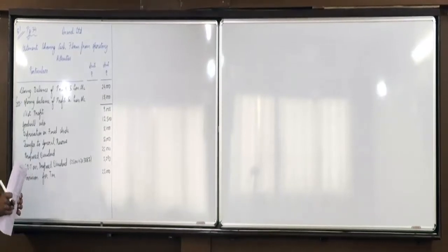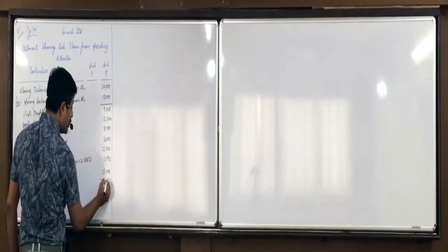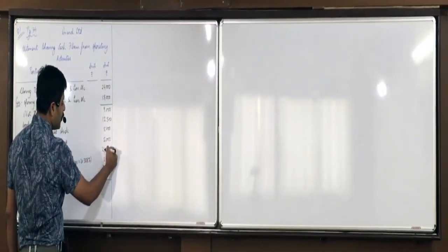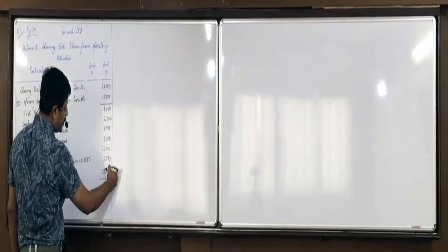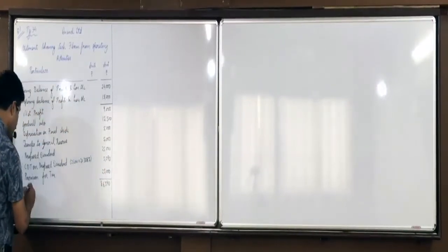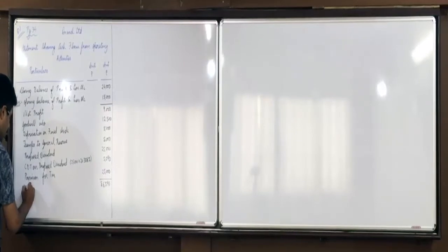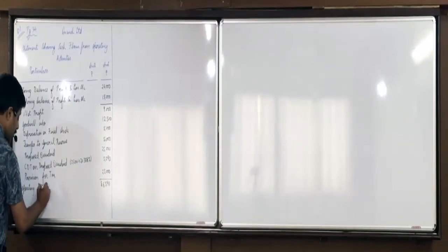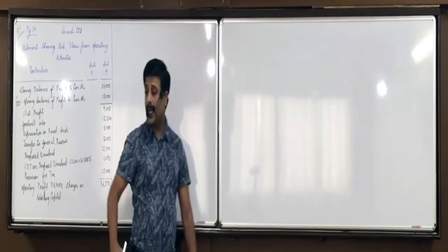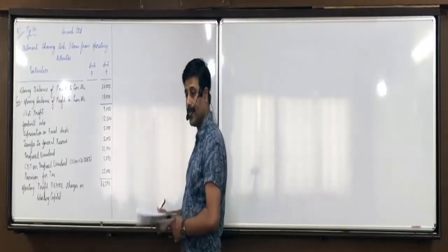If there is any negative to be subtracted here, then you write that in bracket. Here no headings etc. are to be given, you have to write it. So what answer do we get now is, add all of them. So 9, 21, 31, 56, 61, 86,590. We call it operating profit before changes in working capital. Any doubts with this? All okay with it?